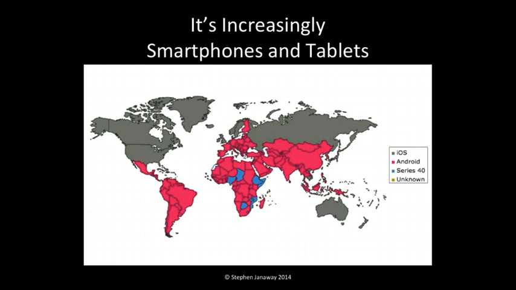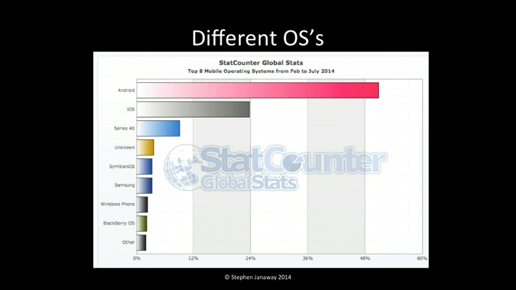Increasingly as well, it's all about smartphones and tablets. As you can see from this, it shows the primary operating system in each particular territory. So a lot of Android, a lot of iOS, particularly in the States and parts of Europe and Russia. Series 40, a Nokia feature phone operating system, is still holding on in a few places in Africa where there are more feature phones at the moment, although that's rapidly changing. And Android is really the dominant OS worldwide by volume. So more Android phones than any other.